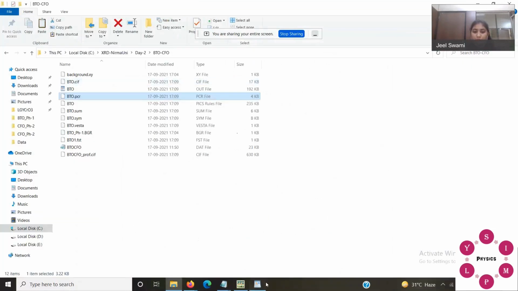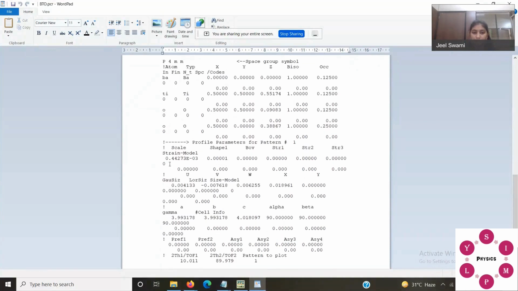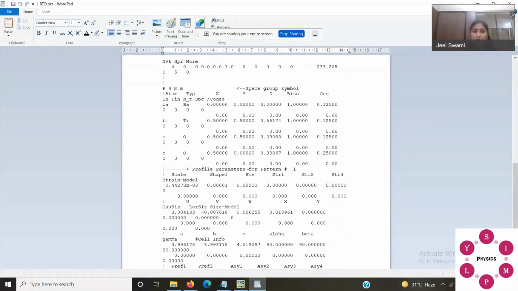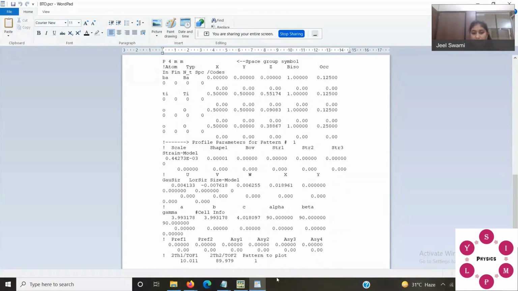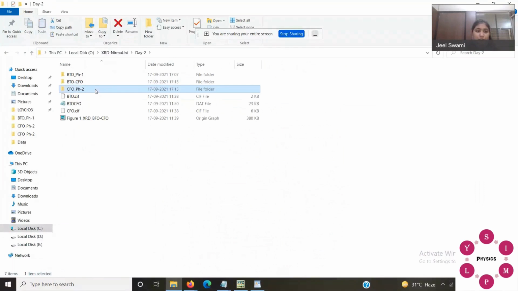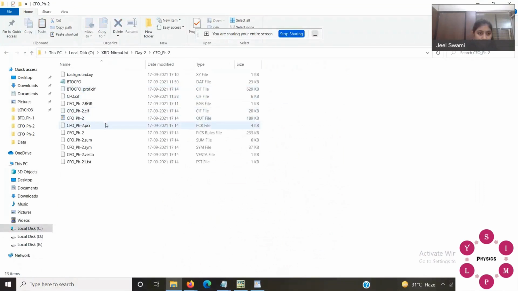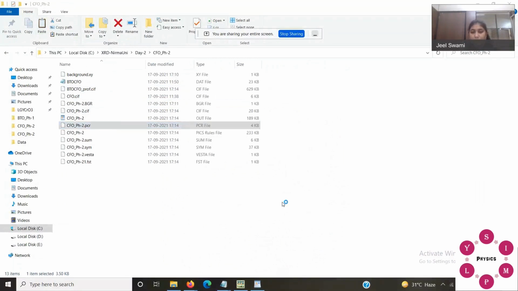Now this is the information of phase 1, BTO phase 1. Now what you have to do, you have to copy the information of phase 2, CFO, and paste it here. So I have to go to phase 2, open the phase 2 PCR file, open in WordPad.